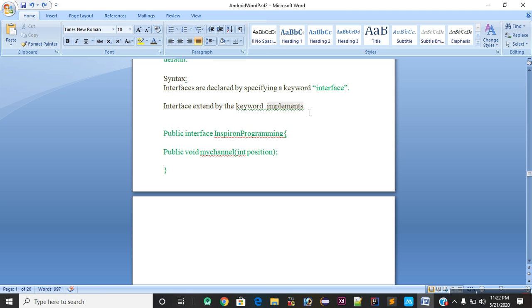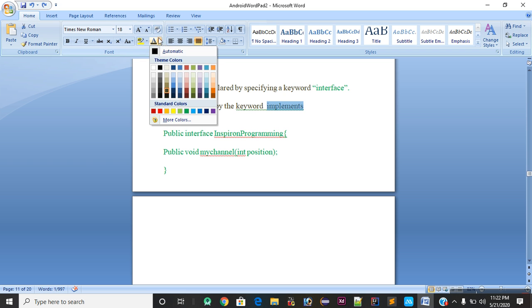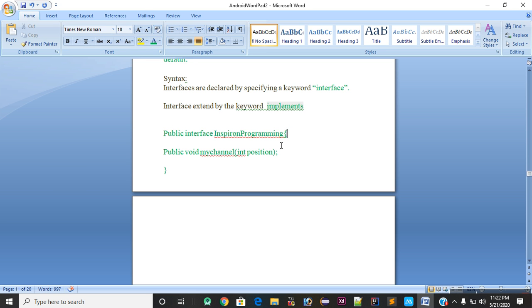So there is an important thing, guys. Whenever we extend an interface by a class, we use the keyword implements. So here we go. I will mark this line. And now we see how to declare an interface.